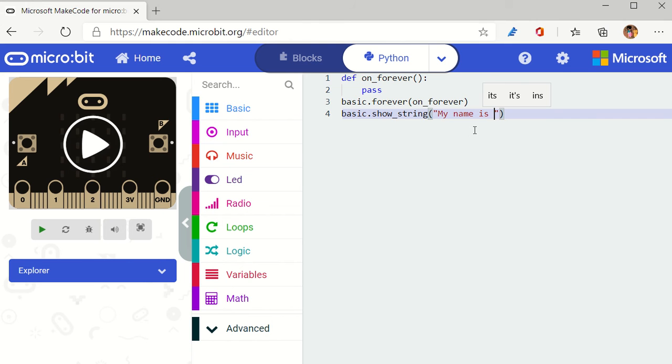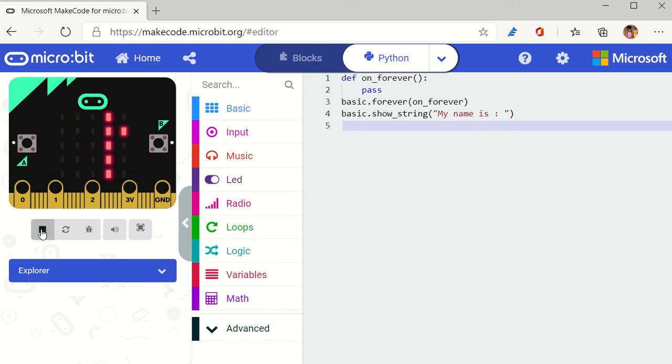I would be typing over here, my name is, and then you have to put a colon in between, and you have to give a space also. Okay, and then you click the enter button on the keyboard, because this is the first thing that is going to come over here. And how we can exactly test this is, because I have already typed in this particular command, I can click on the play button over here, so you can see that my name is coming over here. So this is how the things are going to proceed ahead.